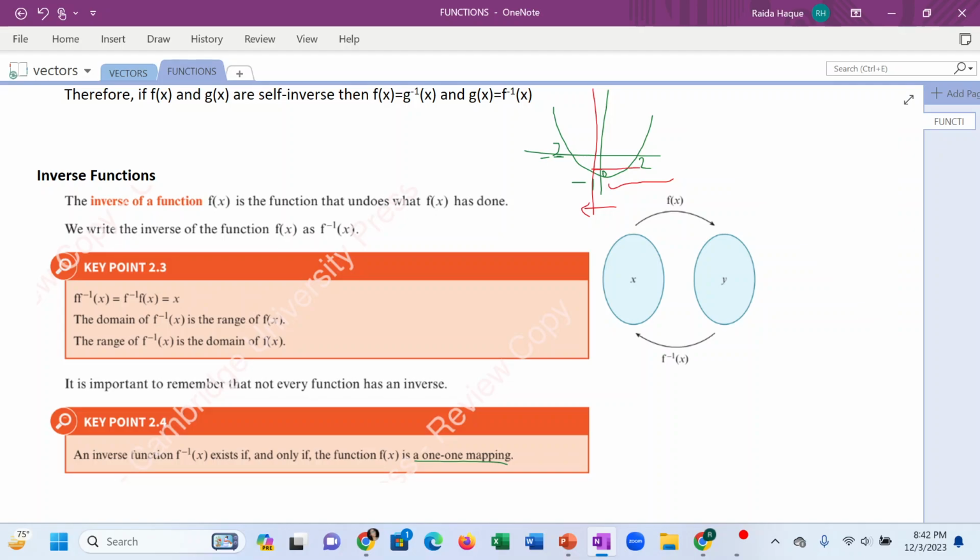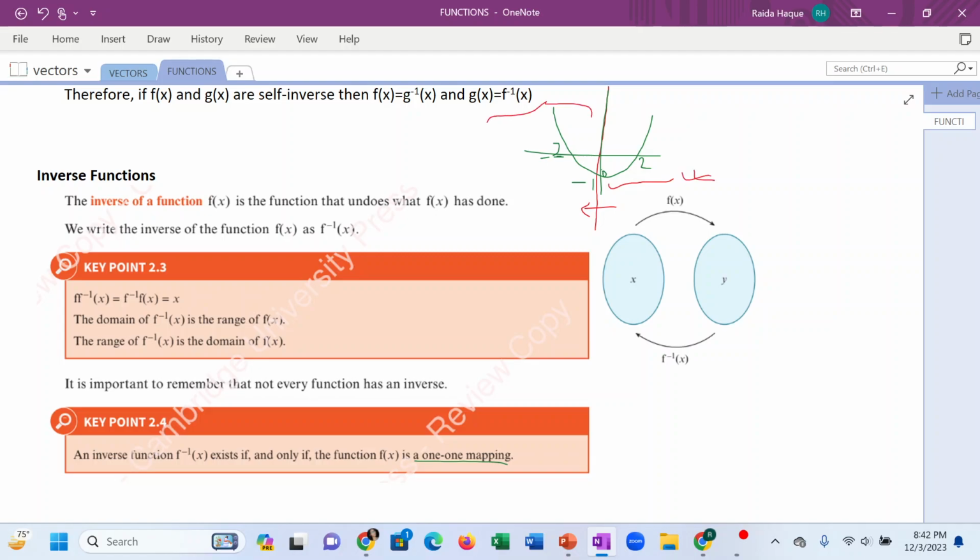So it becomes a many-to-one function. So how can we make it a one-to-one function? We can do it in two ways. We can split the graph into two parts, and either we can take only this part or we can take